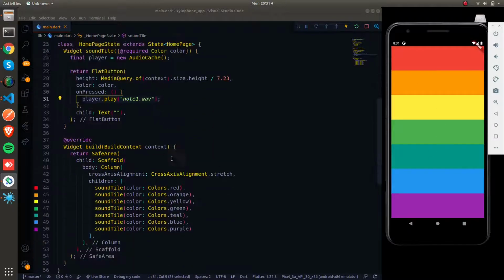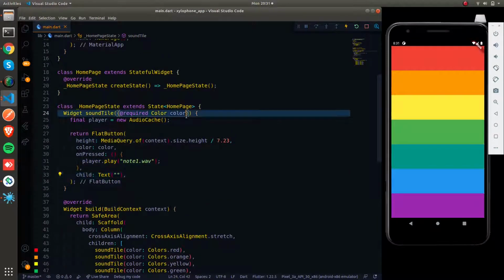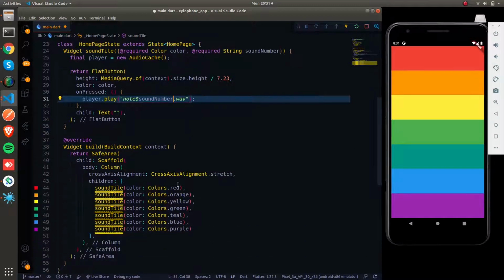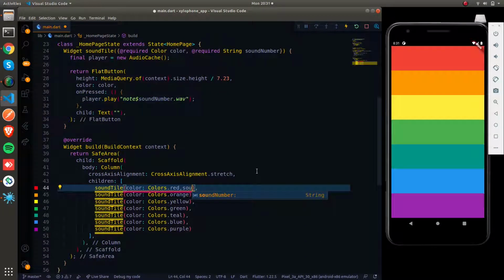So now what we have to do is we have to play different audio files for different buttons, right? Now let us accept another parameter called sound number. So now let's include this sound number. So now we are going to pass sound numbers.